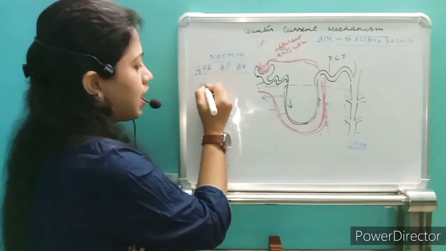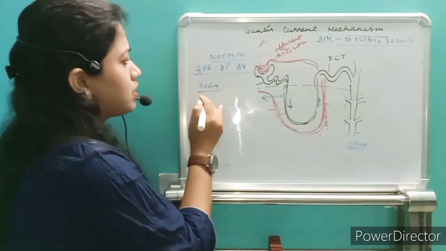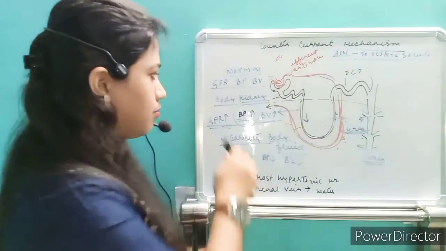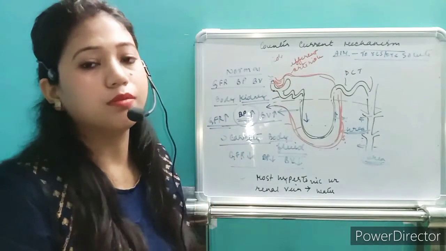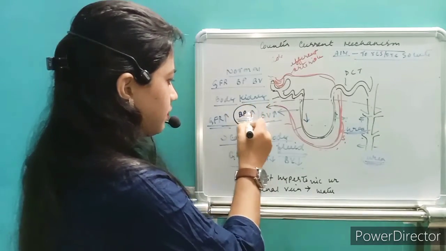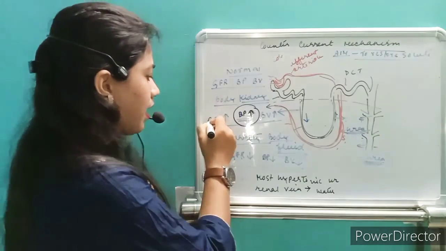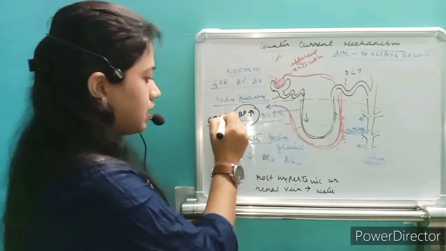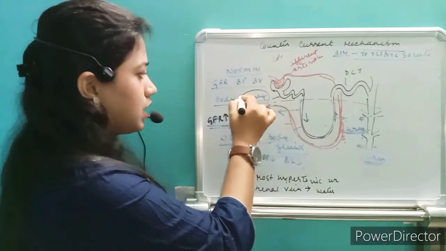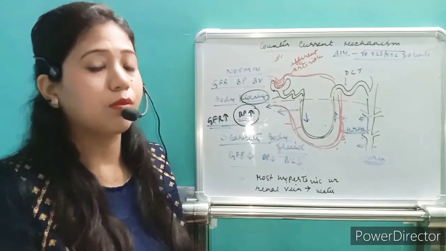So if our body has less GFR, okay, suppose blood pressure. So another thing, if the body is having some problem, or that individual has high BP, just remember, if this individual has high BP, then what happens? We're expecting that this individual will have high GFR, so the GFR will also rise. So in this condition, what will happen? There will be an overload of the kidney. The kidney will not be able to function properly.